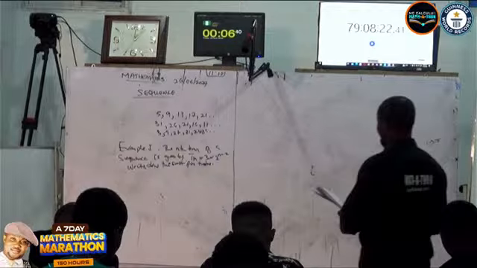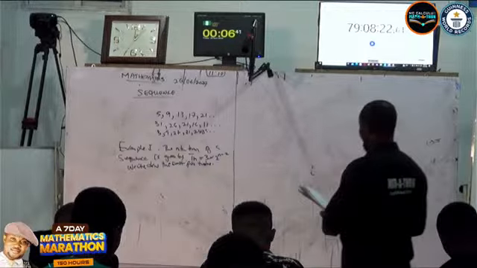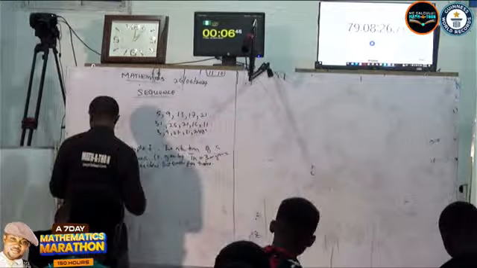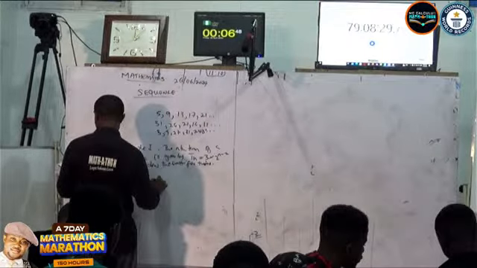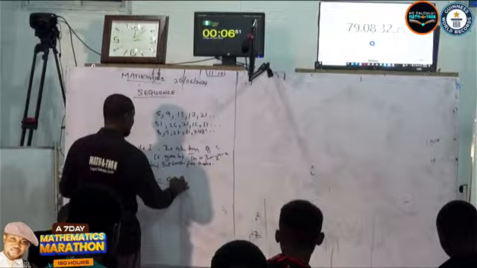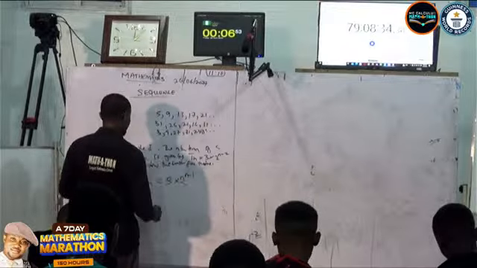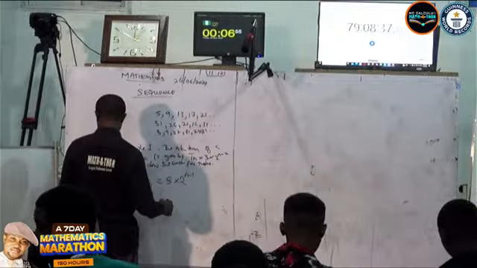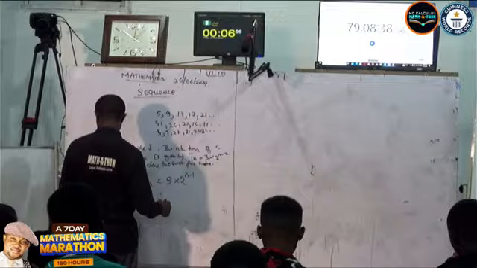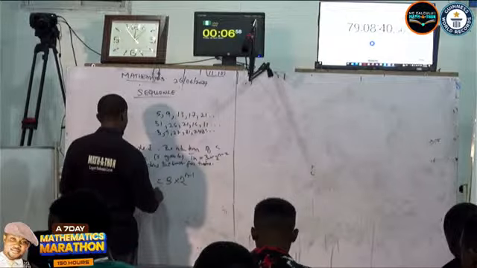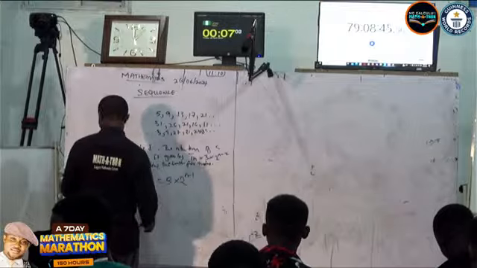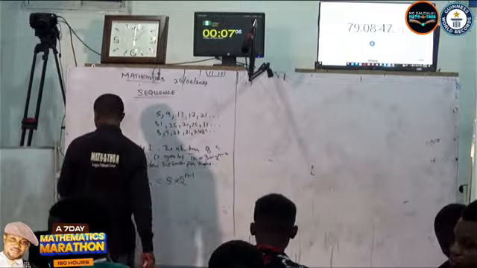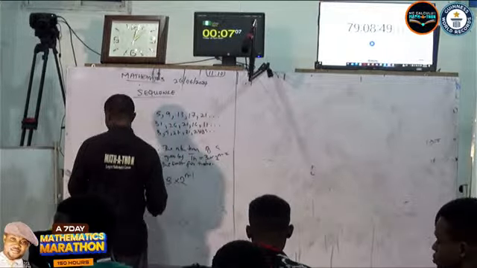Let me do 1, then you do the rest for me. Tn equals 3